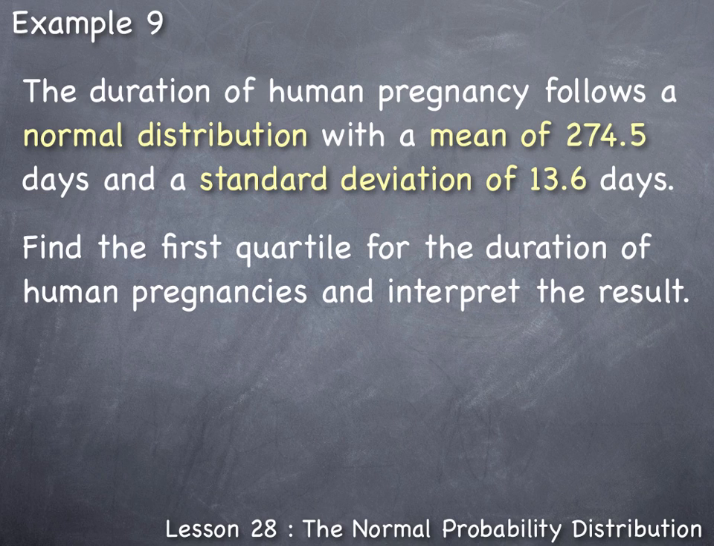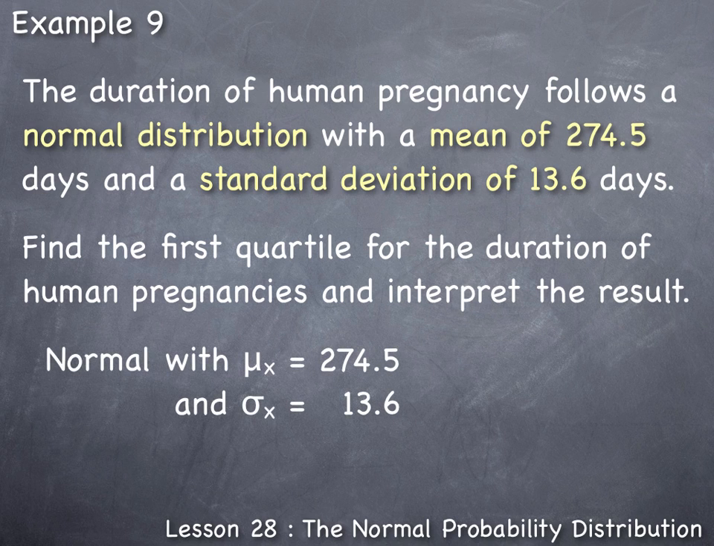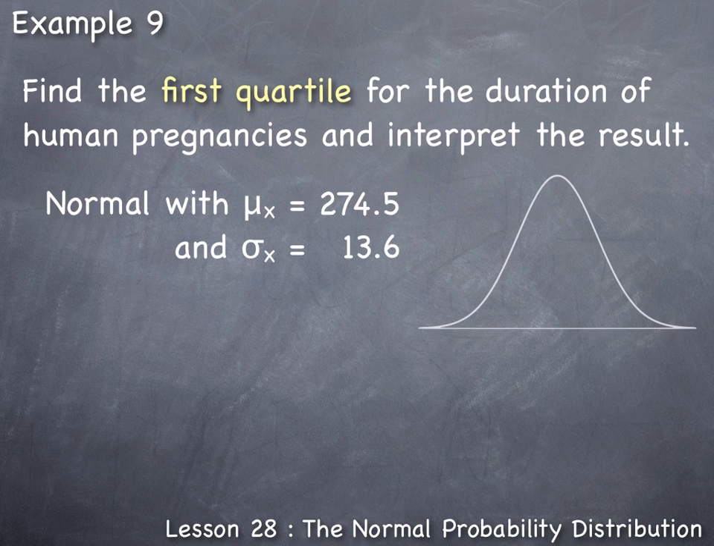Well, here we're told that the normal distribution has a mean, mu, of 274.5 days and a standard deviation, sigma, of 13.6 days. Thus, we can use the normal probability distribution to answer this question. The question is to find the first quartile. The first quartile is the particular data value we denote as Q sub 1, which is equivalent to 1/4 or 25%, where 25% of all the pregnancies last less than that. So the first quartile is essentially finding the 25th percentile, where 25% of all the other data values are less